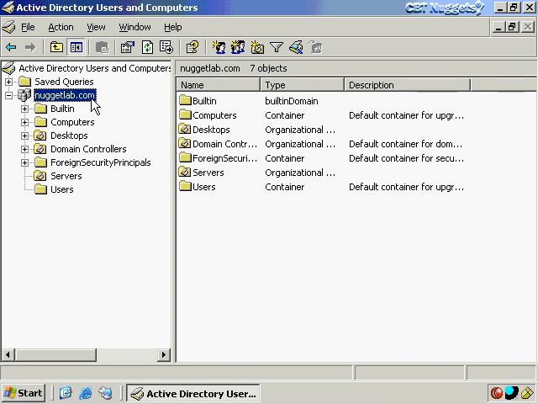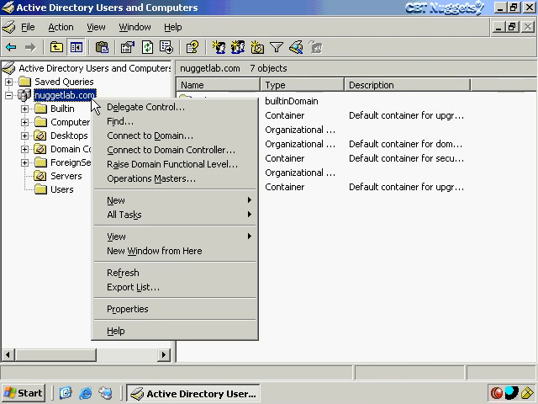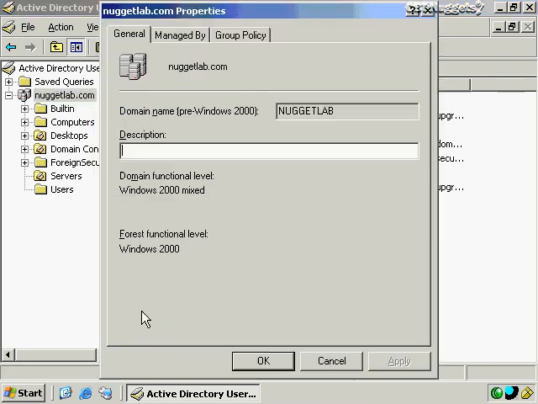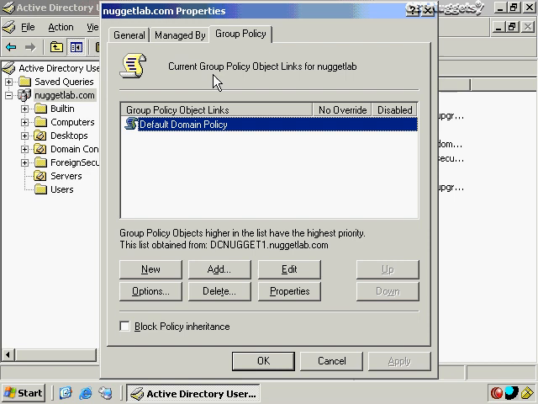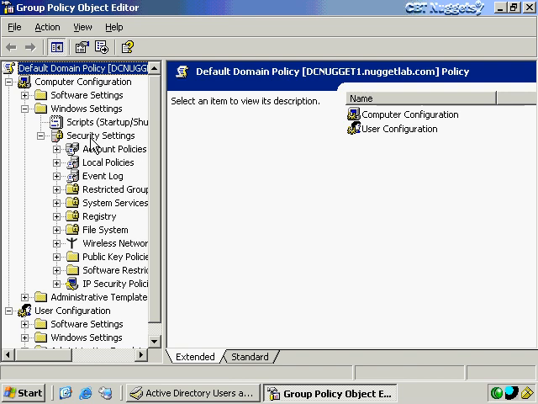It's a little bit obscure, but there are organizations that require this, especially if they're under certain kinds of contracts where the contract requires that they do things like clearing that paging file. So anyway, I'd right-click here, and then go to its properties, and then like we've seen before, I'd go to the group policy, and go to the default domain policy, or I could create another one, doesn't matter. And then go to the Windows settings, security settings, and again,